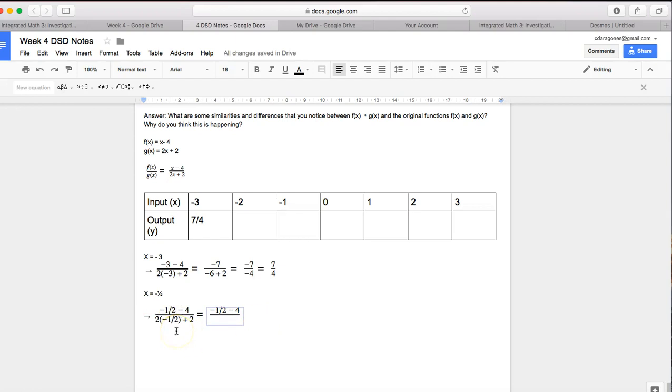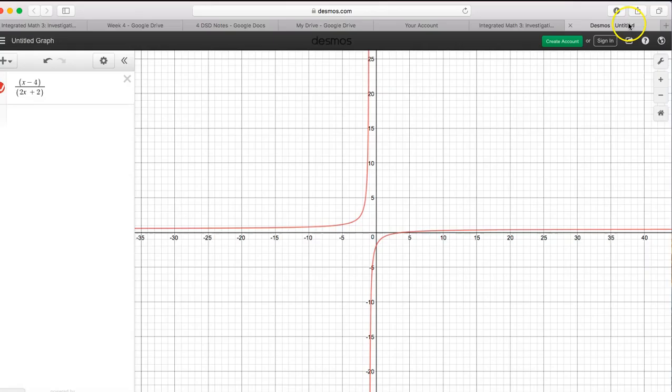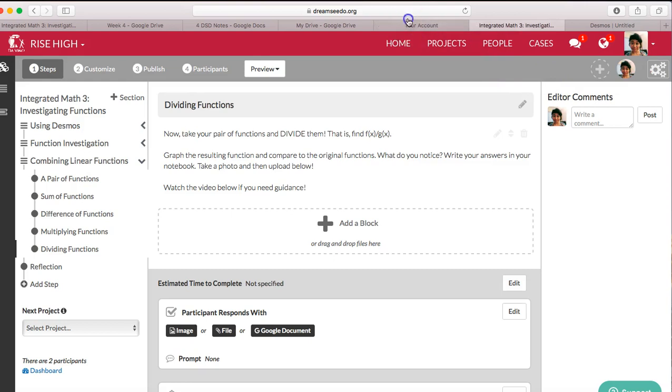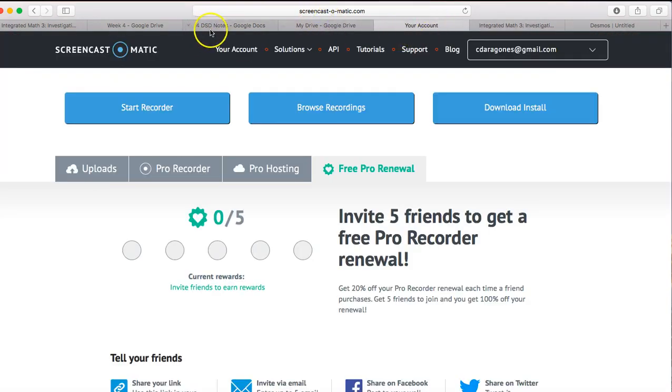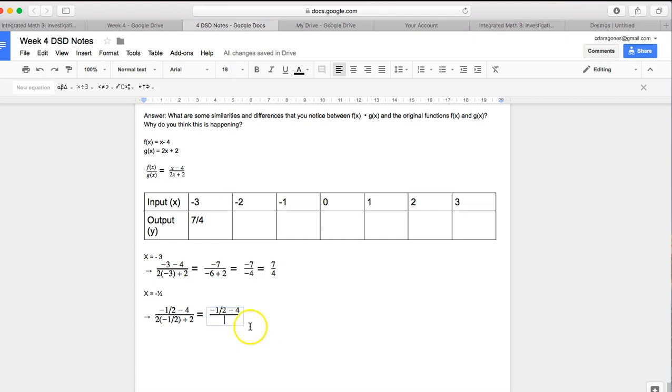Oh, I'm sorry. It should be 2 times, not -1/2. If I plug in -1, I'm so sorry, let me fix that. So we're going to plug in x equals -1. So this becomes -1, this becomes -1. Okay. So we have -1 minus 4, which is -5. And on the bottom, we get -2 plus 2, which leads to